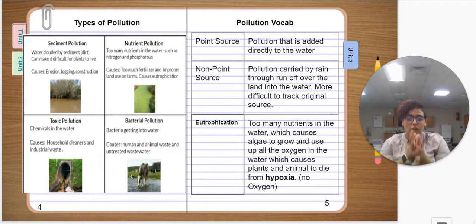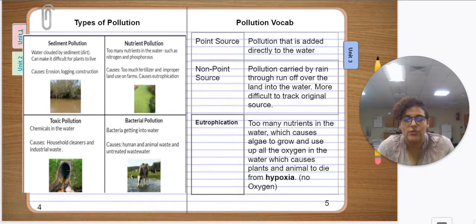If it's a little hard to read this because it might look small on the video, remember you can go to the full set of slides in Schoology and click present so you can see the full screen version, and that might be easier to copy if the words look kind of squished together. Sorry about that. So today we're talking about how water gets polluted and some words we can use to describe